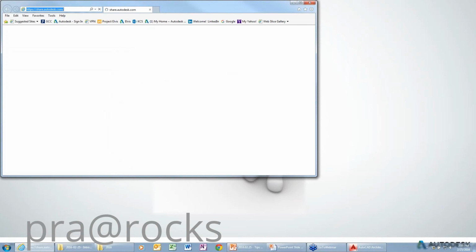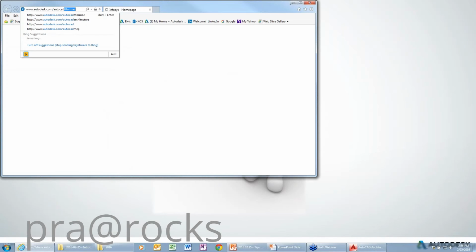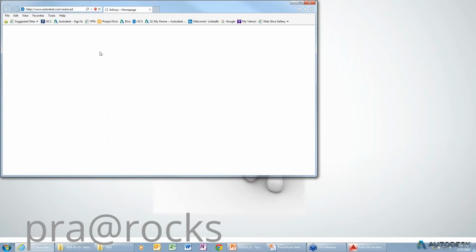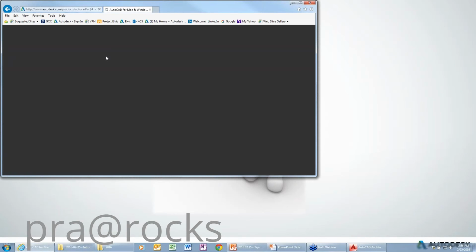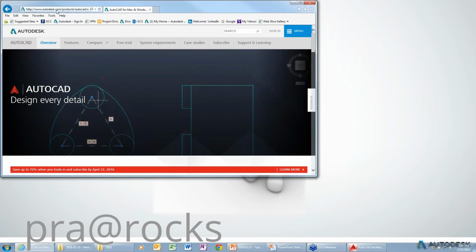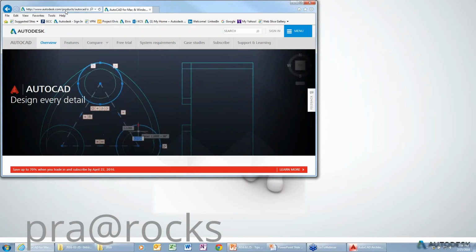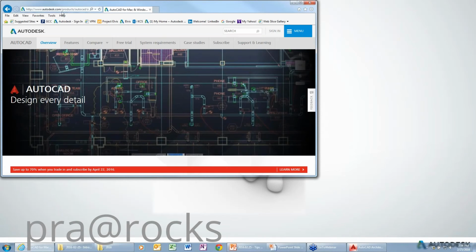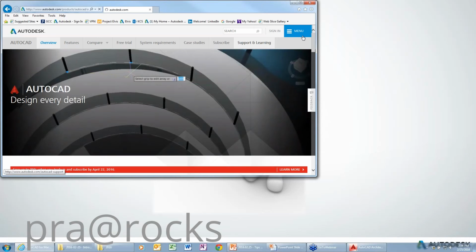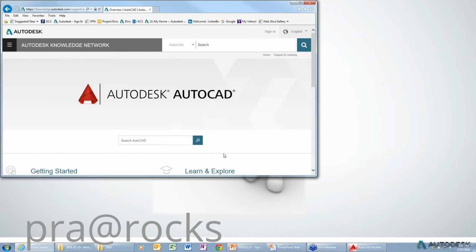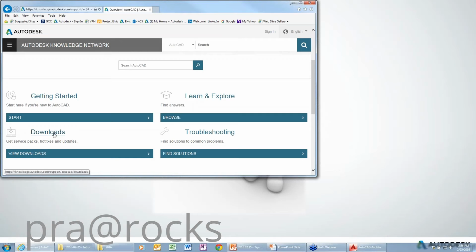the AutoCAD webpage here real quick. So you just go to the AutoCAD website, and a quick trick: if you go into the Autodesk.com website and type Autodesk.com/ and then the product name, in this case AutoCAD, it'll bring you right to the AutoCAD page, so you don't have to go and find it. Then you would go to Support and Learning, and then Downloads,